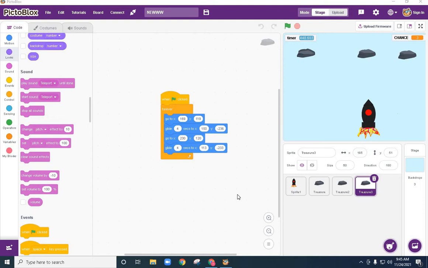I've given it the name Rocket Adventure. You can see here, this is the blue background. I've taken the backdrop as sky, that is a plain background. Then I have used three sprites. This is sprite 1, that is the rocket. Then treasure 1, treasure 2 and treasure 3. Three treasures so that I can make them fall from the sky, and we have to save this rocket from